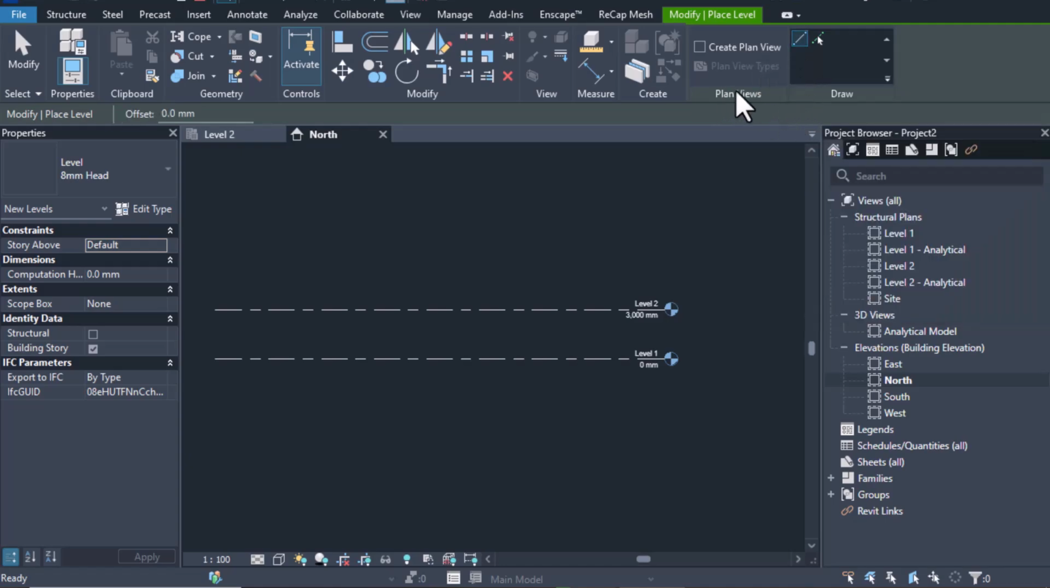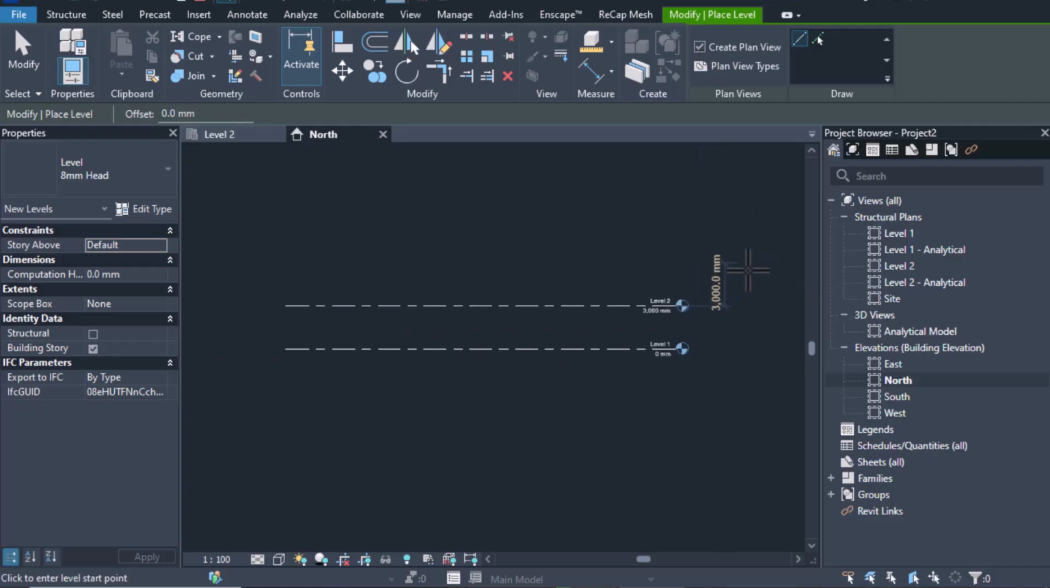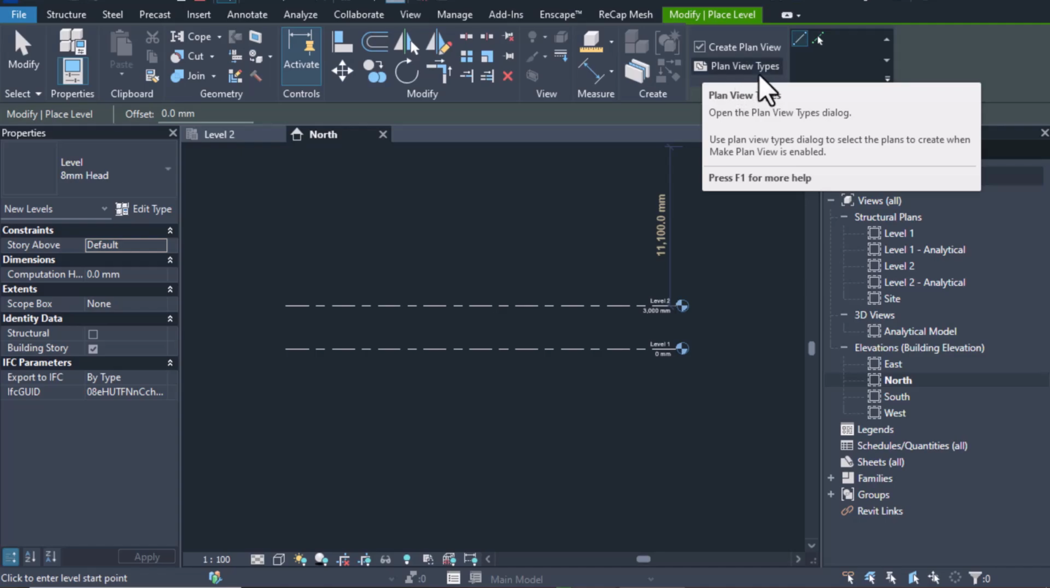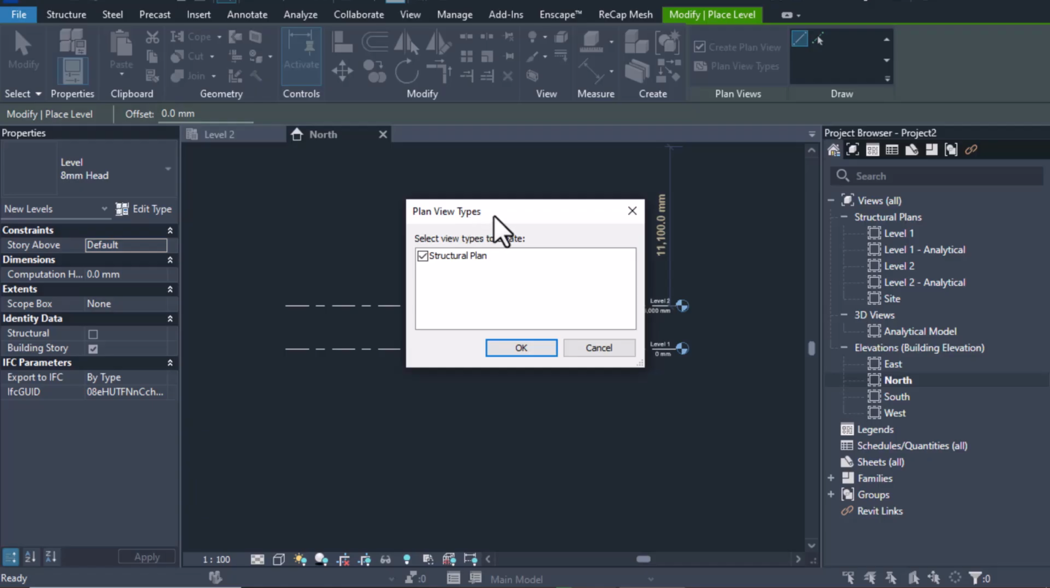And here under the Plan View panel, there is a checkbox of Make Plan View. If you click on this checkbox, you will be able to create the plan views from the level that you create. So another thing that you should understand about levels is that they also have the ability to create plan views. When you select the Make Plan View checkbox, the Plan View Types option is activated. If you choose this button, the Plan View Types dialog box appears, and you can select the structural plan